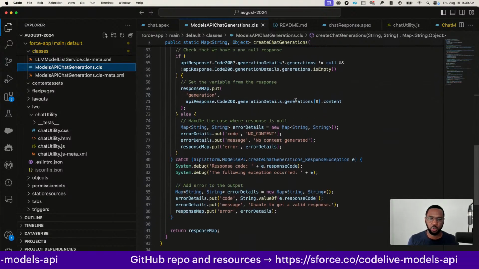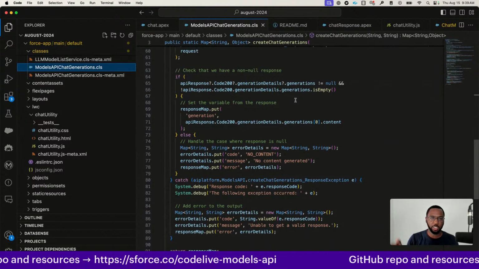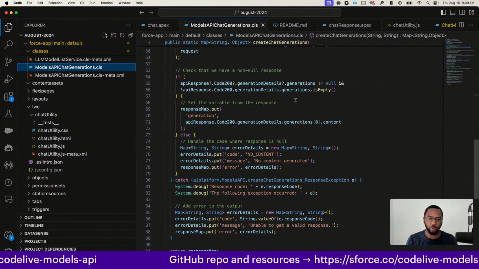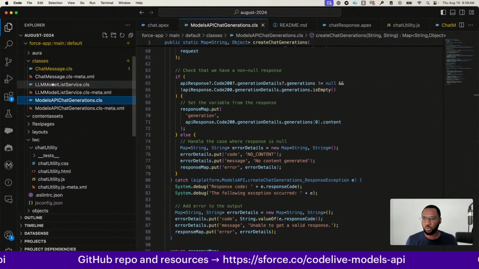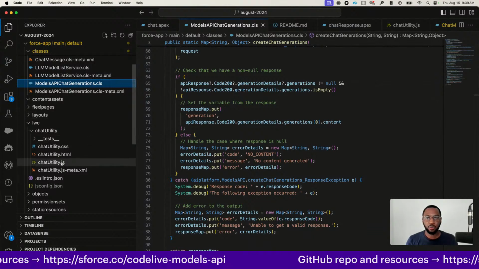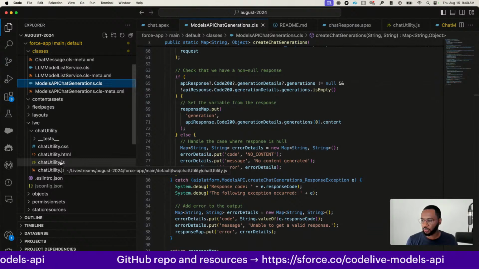Now in this case, we're going to return either a response that contains a generation, which contains the actual response, or an error. And that's what we need to do there. Now in the context of the actual Lightning Web component,